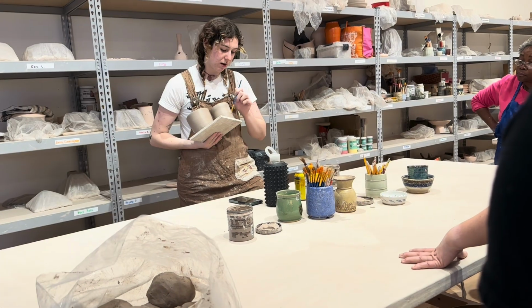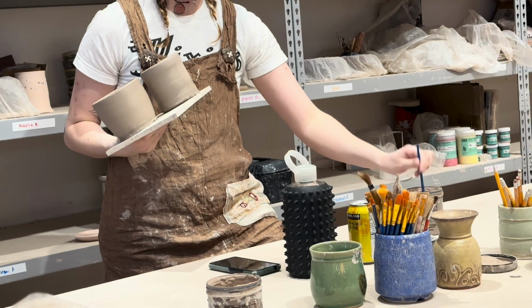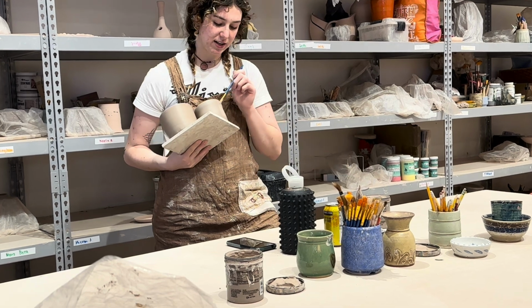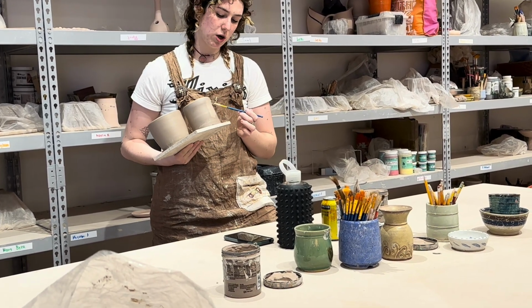you wanna make sure it's opaque enough to see. So like this is cute, but I can see the brush strokes, and if I see the brush strokes through the paint, it's not gonna be fully opaque, which is a look if you want it. So if it dries for a little bit, I can add a second coat or do whatever. Things I see people do with this is dots and stripes, and you can paint names,